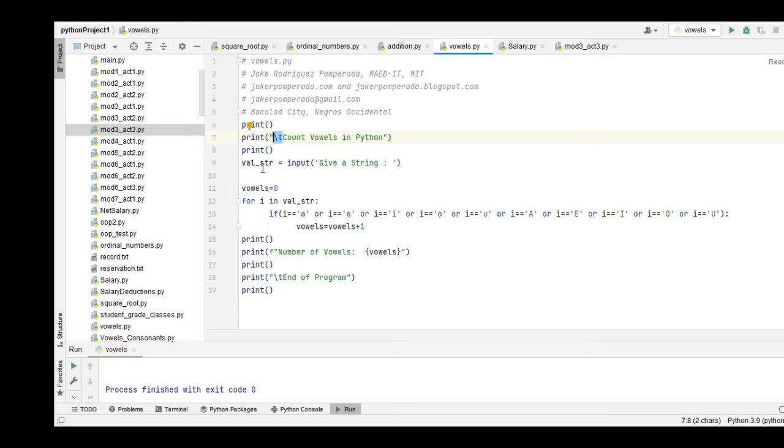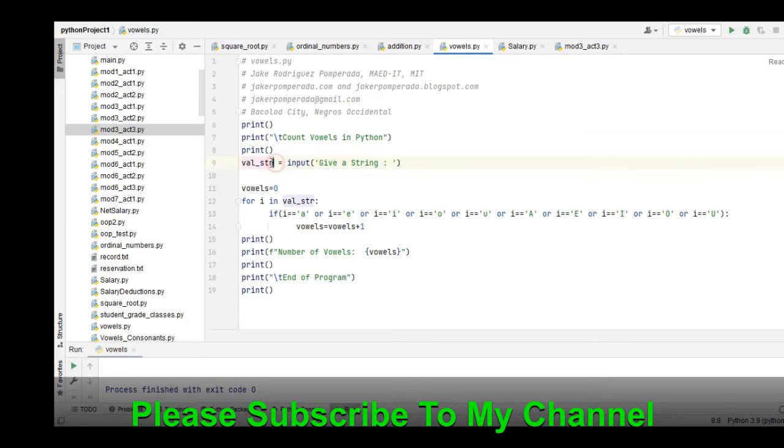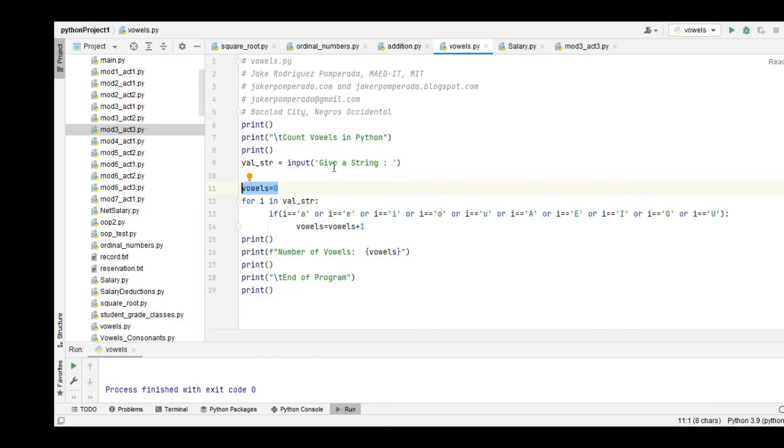So val_str, our variable for string, equals input, give a string. So in this portion we will accept a string from the user, and then it will be stored in a variable called val_str. Vowels, we initialize it with 0. The main reason that we initialize a variable to 0 is so that we cannot get an erroneous result during the execution